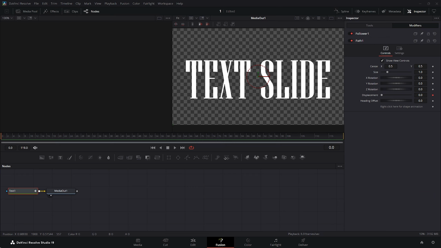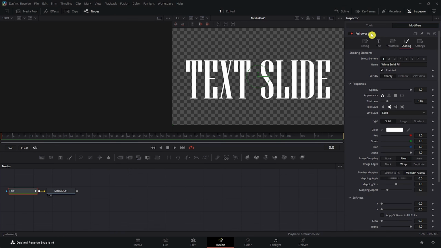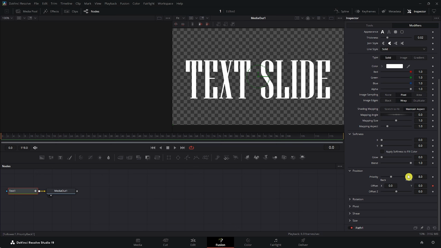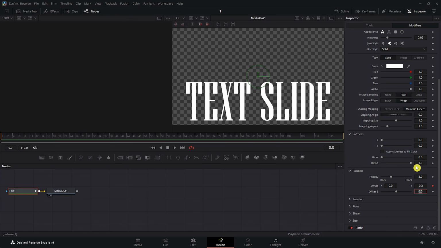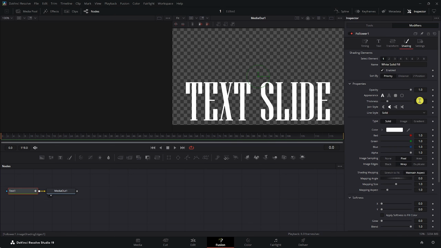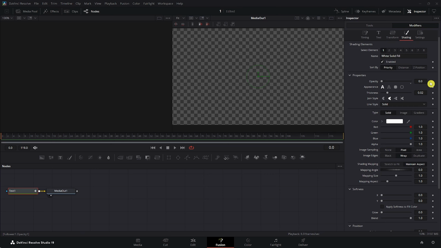And now next what we want to do is double click on follower, and then basically we would want to scroll down again and go here into the y value right here, offset y. So we would want it to be negative 0.3, and then we would have something like that, and then the opacity here should be 0. Double check your opacity, make sure that it is keyframed, and now you would want to go here into 10